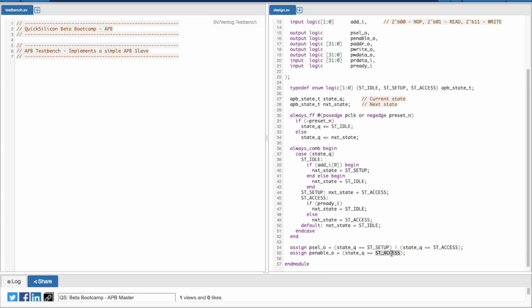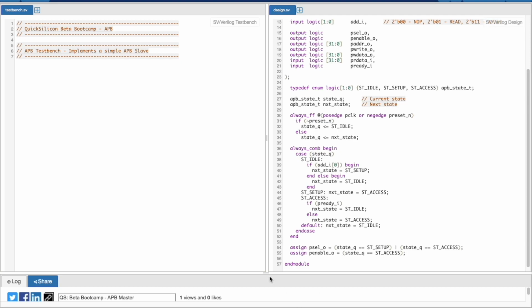That will happen always. So with this line of code, we have actually implemented the protocol. So basically, whatever the protocol mandated, that our PSEL and PENABLE timing relationship should be honored, which we are actually honoring using this set of logic.